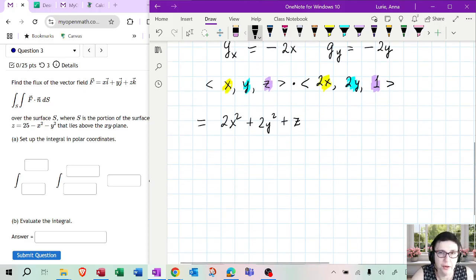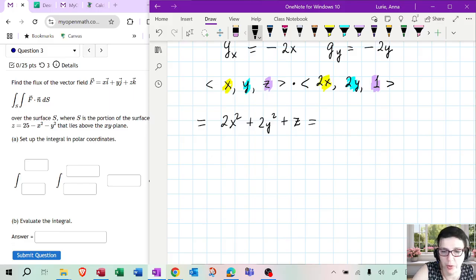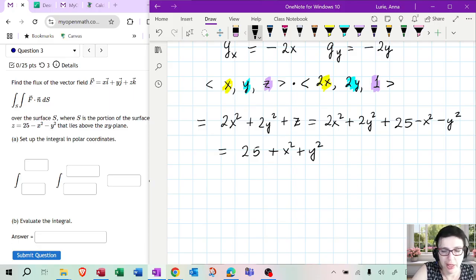And that's what we would be integrating, except anytime you are integrating surface integrals, you cannot leave z in there because it's supposed to only have x and y. Now, what is z on the surface? Because remember, you have to be on the surface. It's a surface integral. Z on the surface is 25 minus x squared minus y squared. So we have to further substitute everywhere where we see z, we plug what it is. And then when we simplify this, this is going to become 25 plus x squared plus y squared. So that's what we need to integrate over the projection of this surface onto the xy plane.